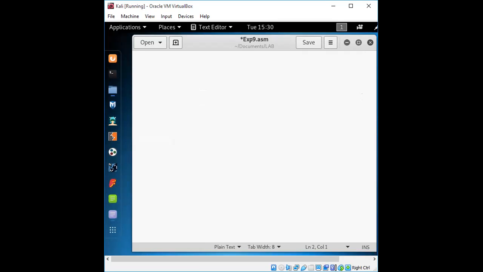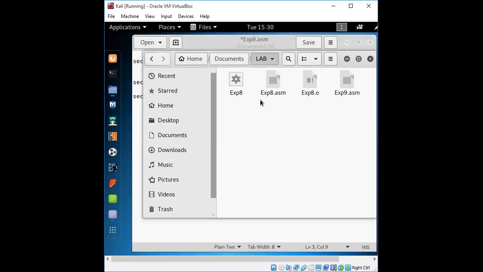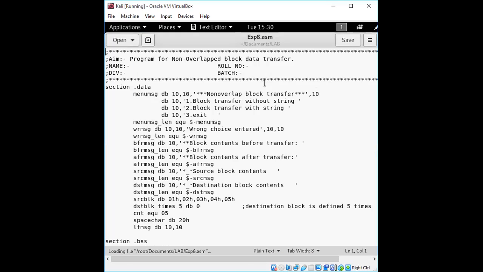At least for the initial part that we are having, section dot data, section dot bss, dot text, the representation part, we'll take it as it is with just a few changes, so that we can reduce our time.